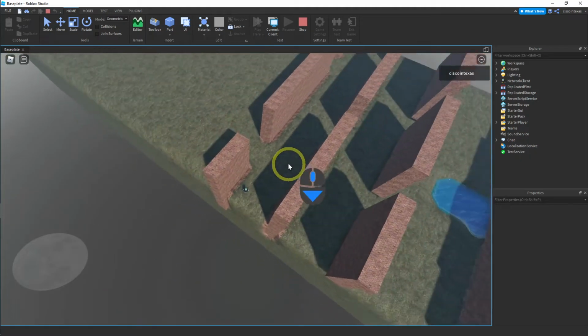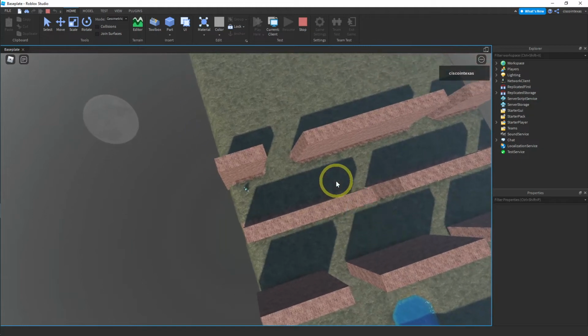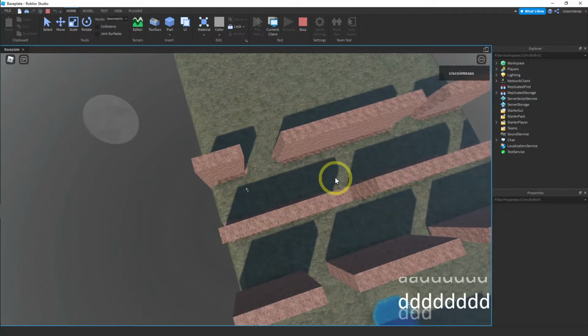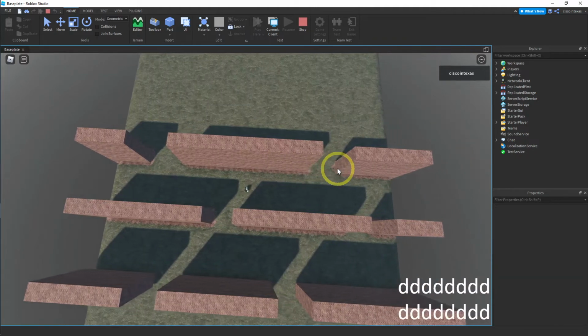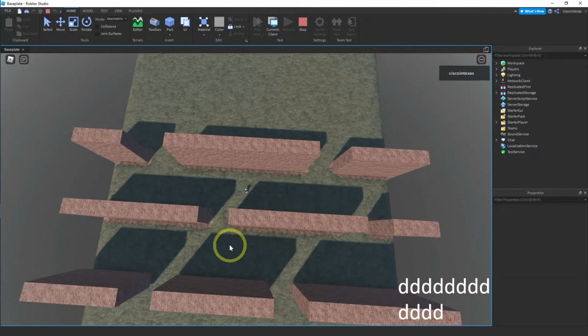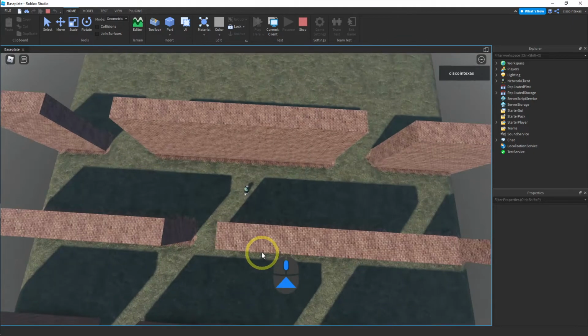Oh, you know one thing? Let me show you. So you can cheat, right? If you zoom out, you can see exactly where the exit to this maze is. And maybe you want it like that. Maybe you want your players to be able to easily get through the maze. But what you could do is just put a brick ceiling on this, right? So you could use the add tool to build a ceiling over these walls,